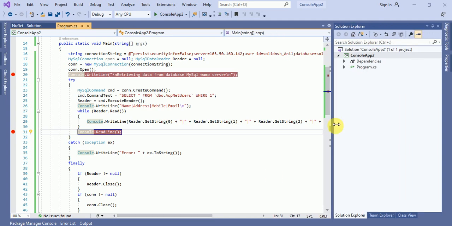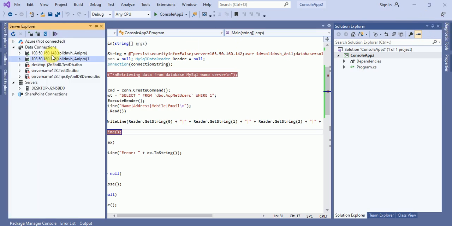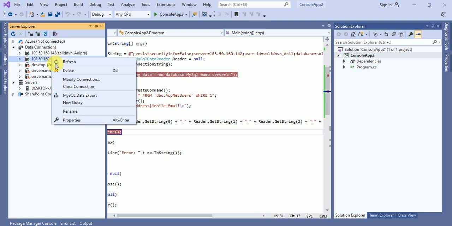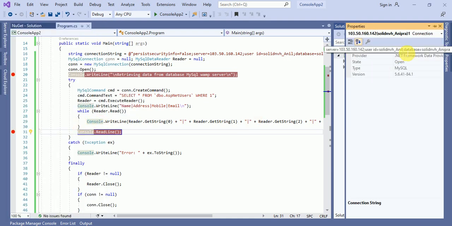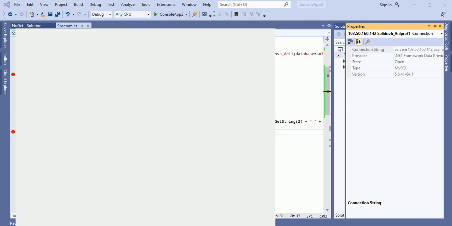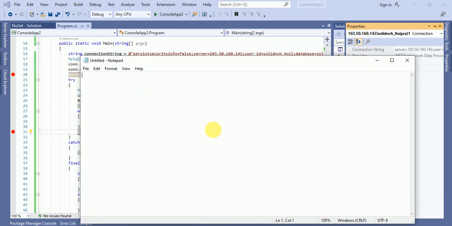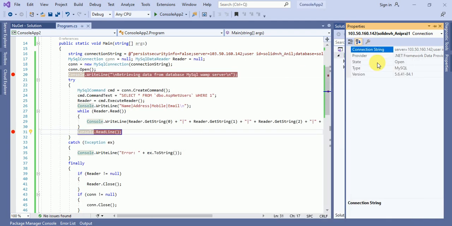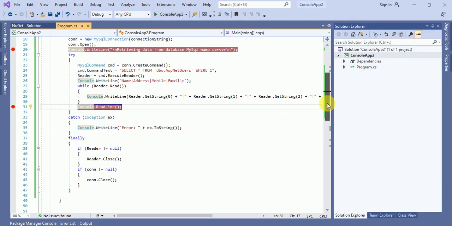What I have to do is go over here, and here you can see the connection string. Just click on property and you can find the connection string. But in this connection string you will not get the password. I'll paste this connection string over here, but you have to put a semicolon and then password equals your password. Once you do that, you will see that your database gets connected. Okay, let me try with this.